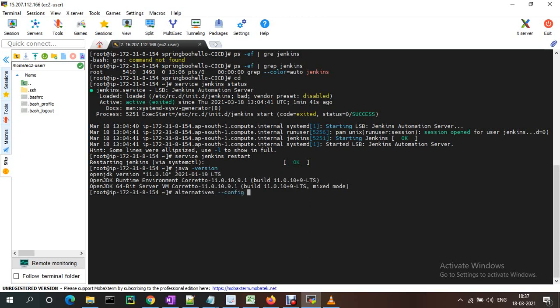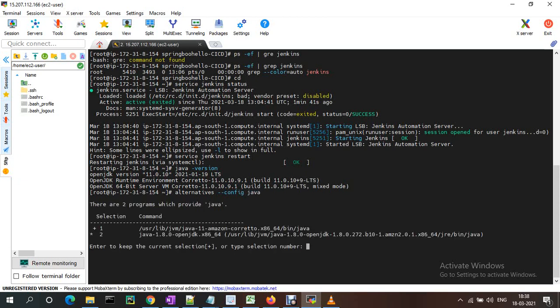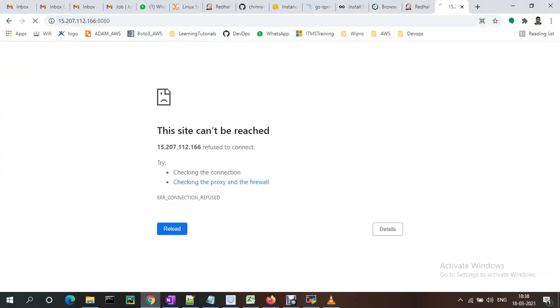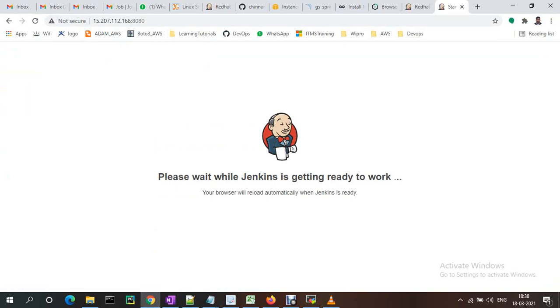alternatives --config java. Let me choose Java 8 and service jenkins restart. The Java was previously Java 11, so I changed it to Java 8.